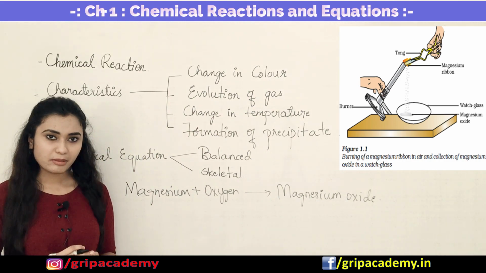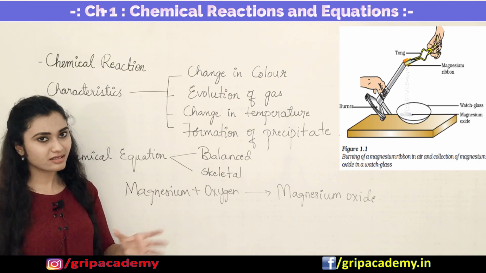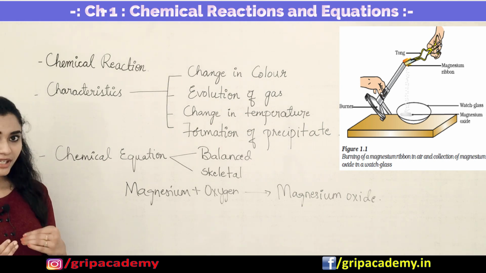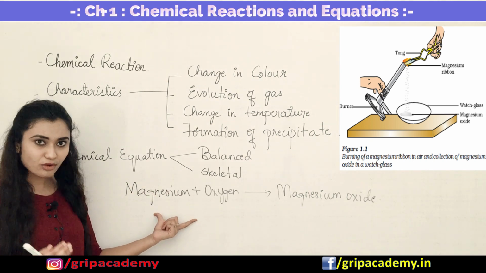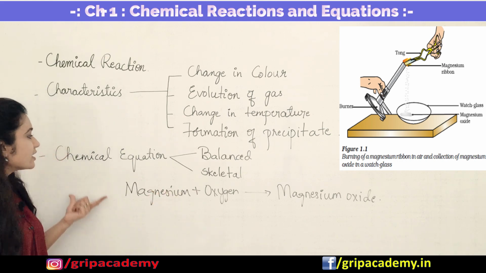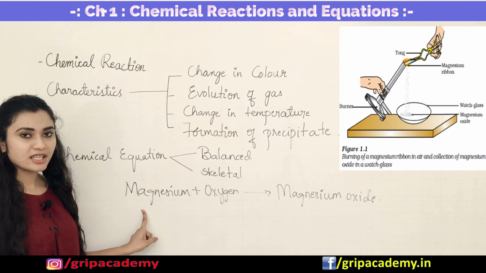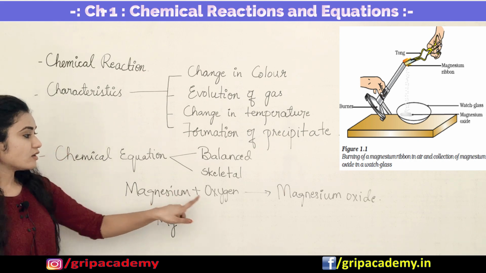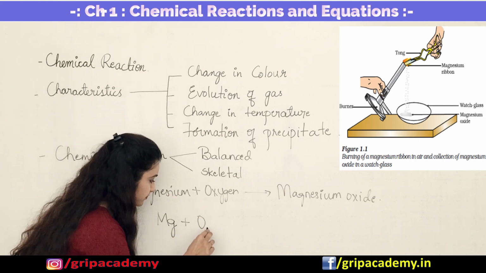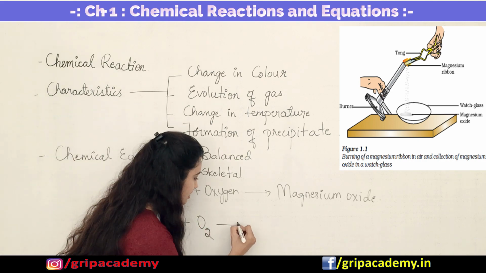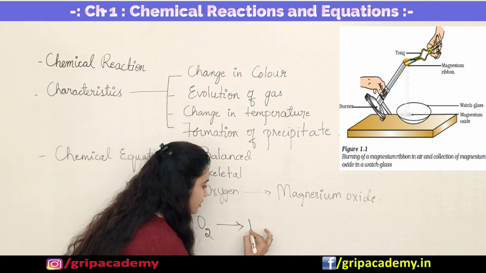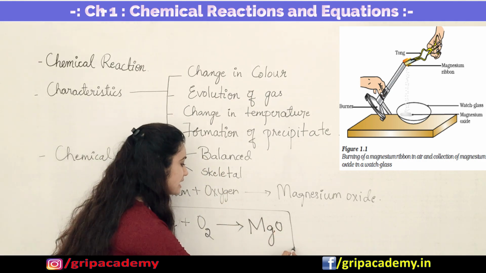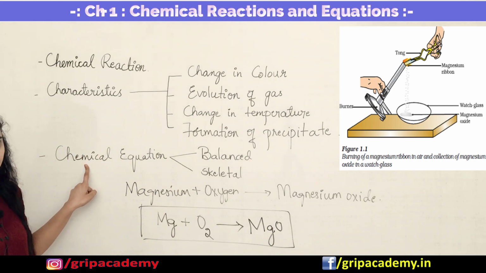So can we represent this chemical reaction like this? No, right? We can't write it completely in words or letters. So for that, we represent this chemical reaction in the form of equations, and that is why we call it a chemical equation. You know, right, magnesium has a chemical symbol of what? Mg, right? And oxygen being O2, correct? And magnesium oxide, what is the formula of magnesium oxide? It is MgO, okay? So this we can consider as a chemical equation, fine.